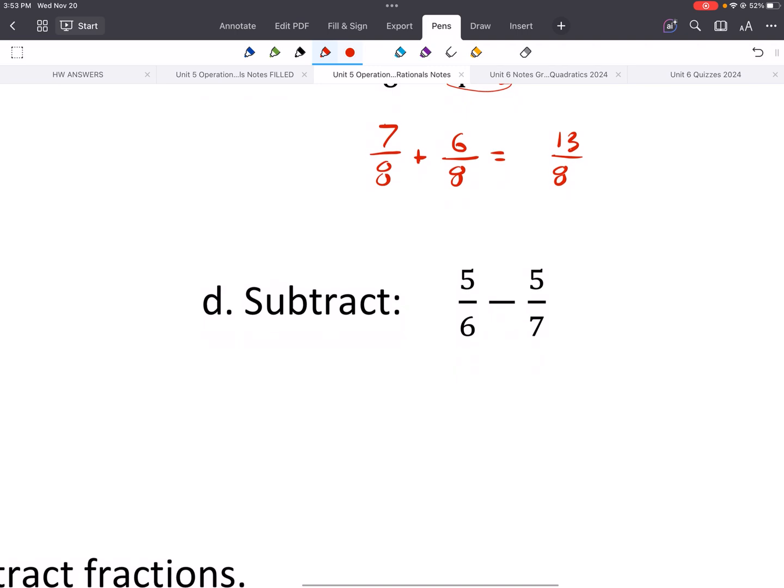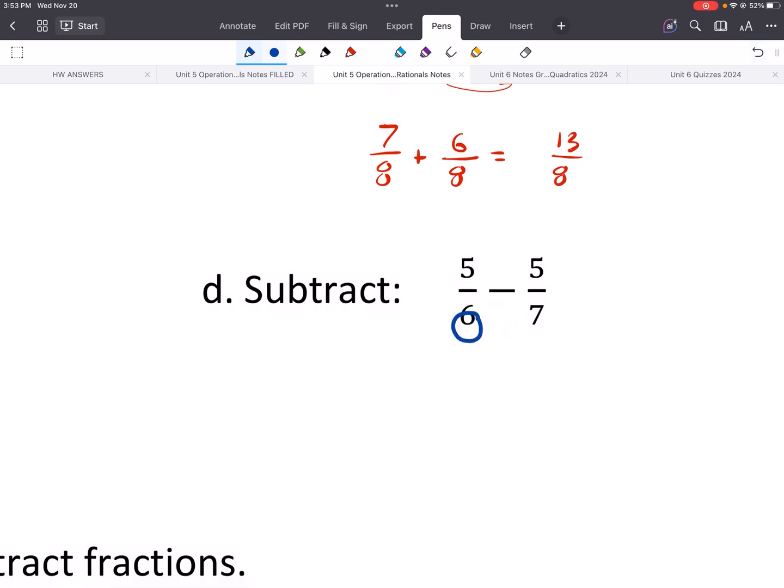All right, here's another example. This is subtraction, so we would need to get a common denominator. Here there's nothing that we could multiply to either of those. Like we can't multiply something by 6 to give us 7, and we can't find something that multiplies by 7 to give you 6. So if that's the case, then we could